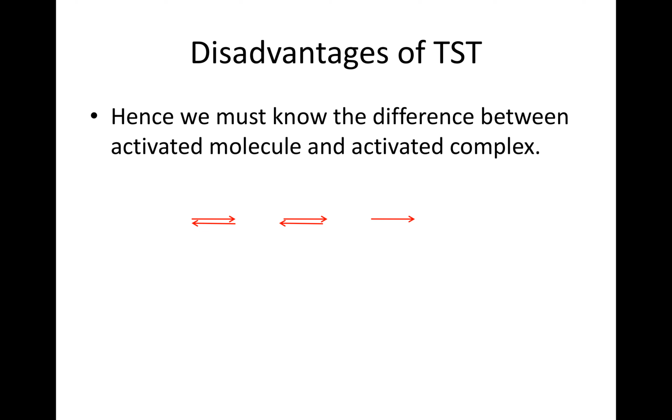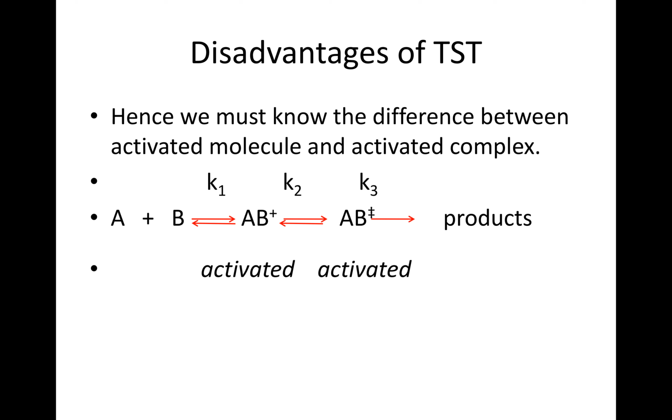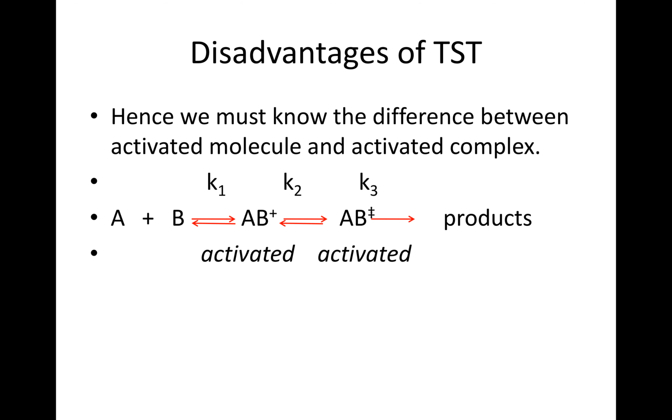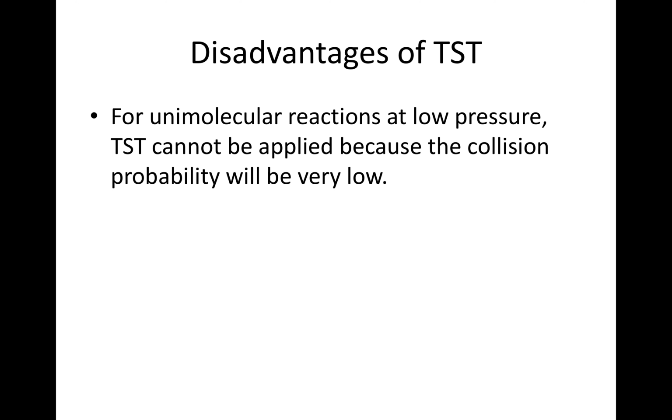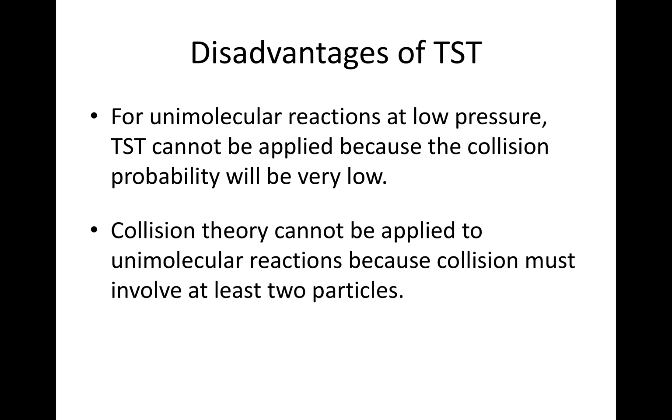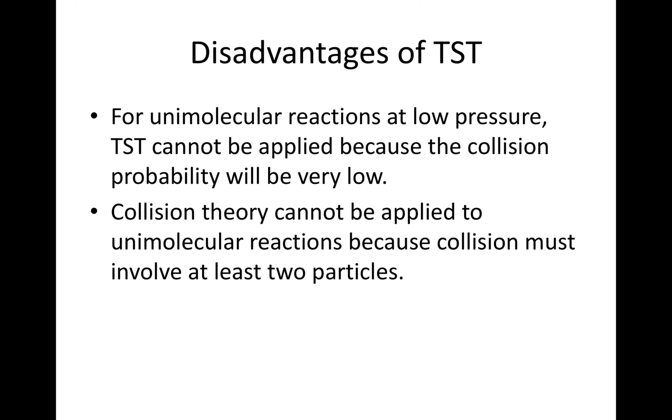Hence, we must know the difference between activated molecules and activated complex. That means A plus B, k_1, activated, k_2, activated to give you products. The first one is activated molecule, the second one is activated complex. For unimolecular reactions at low pressure, TST cannot be applied because the collision probability will be very low. Collision theory cannot be applied to unimolecular reactions because collision must involve at least